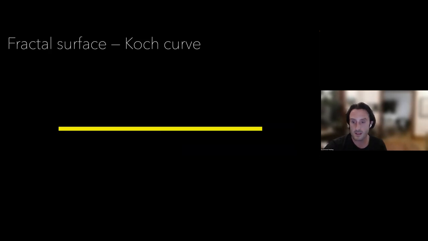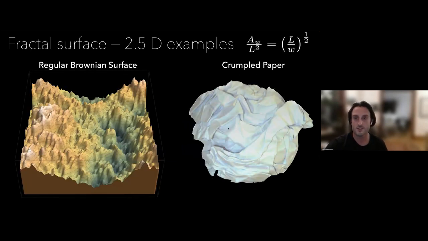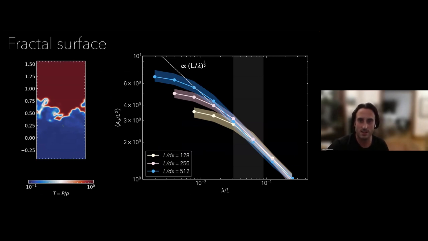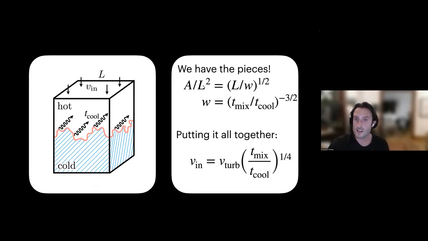Now, great, so with analogy, we can make analogy to the Koch curve, which has a fractal excess dimension of 1/2, just like a crumpled piece of paper, one of my favorite examples, or a Brownian surface. And so we can go into the actual simulations and measure the fractal dimension. I'm going a little fast here because I'm out of time and it's maybe not the most interesting, but we can measure the fractal dimension, find that it indeed has a fractal excess of 1/2 or a fractal dimension of 2.5, which allows us to predict the area on the scale W as well as the width W itself.